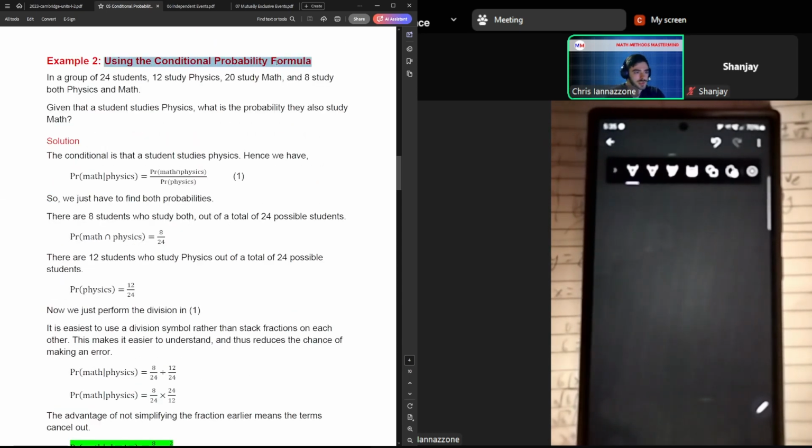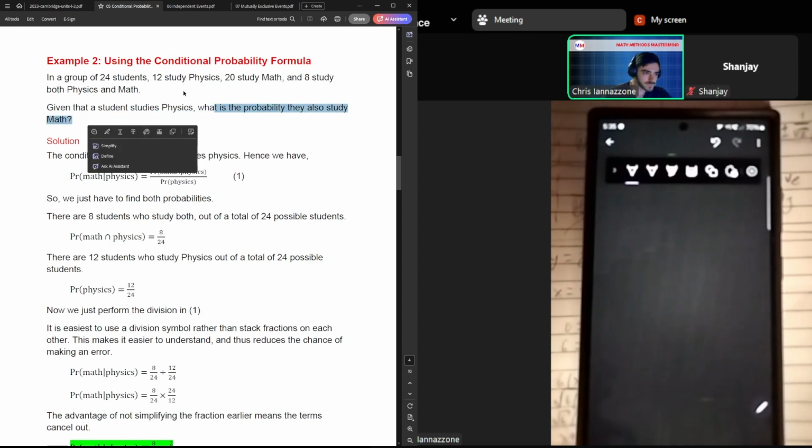That's pretty much it. So sometimes you don't have a Venn diagram. Now you could create a Venn diagram for sure to get an idea, but under these circumstances, if you don't need to, it'll be a bit faster. So we have this scenario, we have 24 total students, 12 of which study physics, 20 of which study math, 8 study both. So you can imagine how you would create a Venn diagram out of this anyway. Alternatively, you could just go straight for the formula, which is figure out the intersection and then figure out the probability of your conditional. In this case, we said, given that a student studies physics, what is the probability they